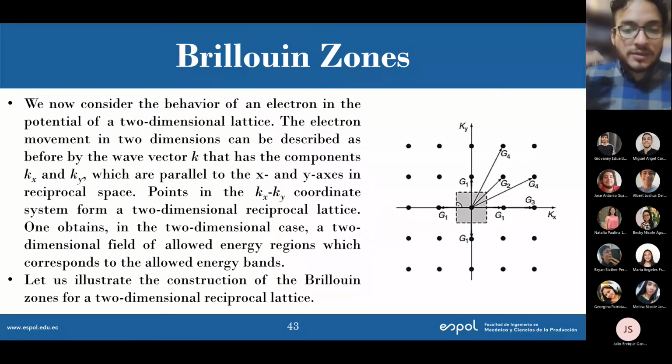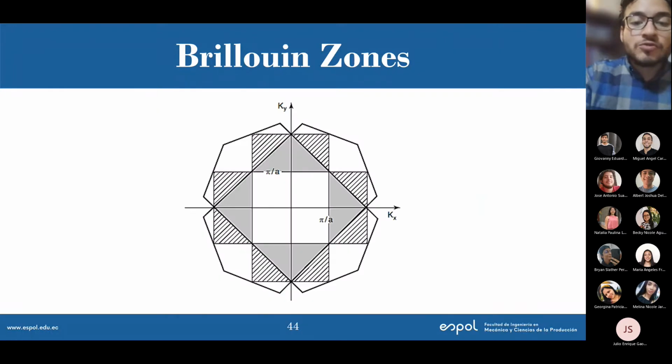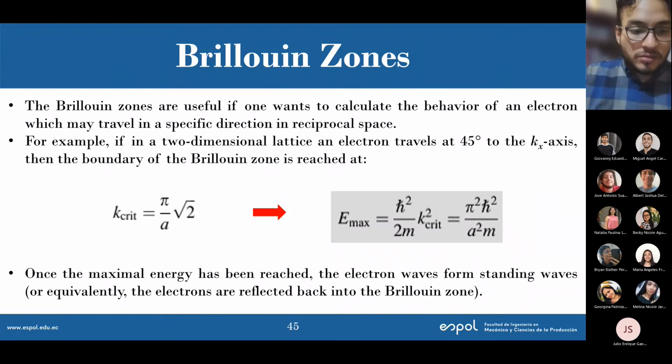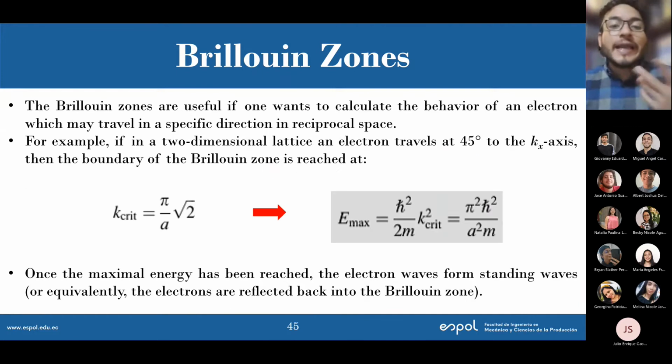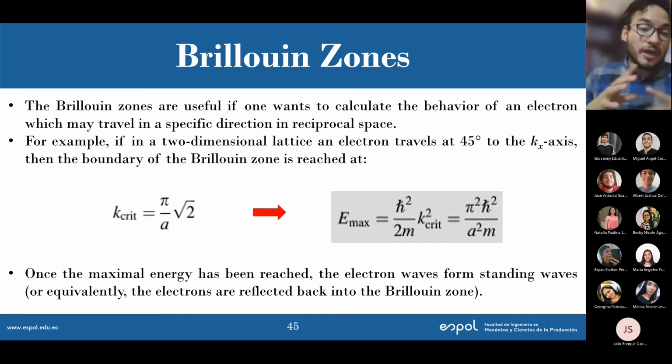To make things more visible, it is where the electron is moving. It's moving there, and there. They actually become useful if you want to calculate how the behavior of that electron is,